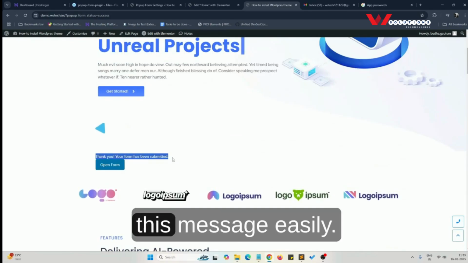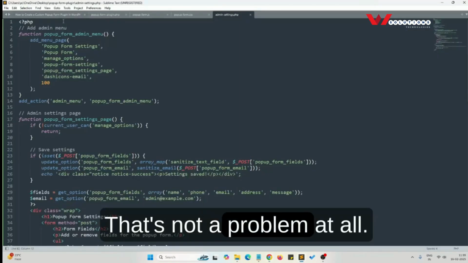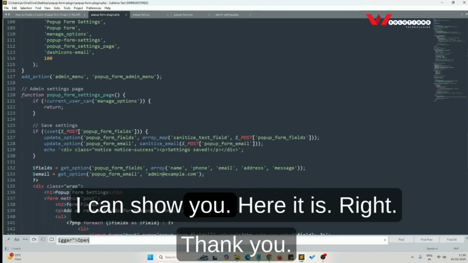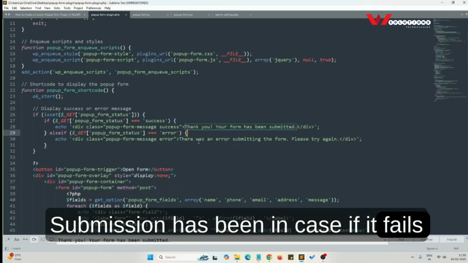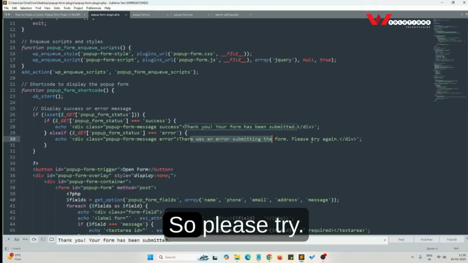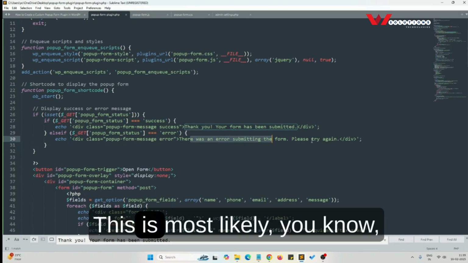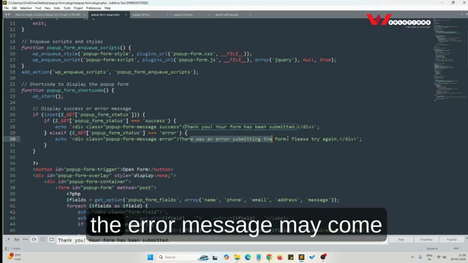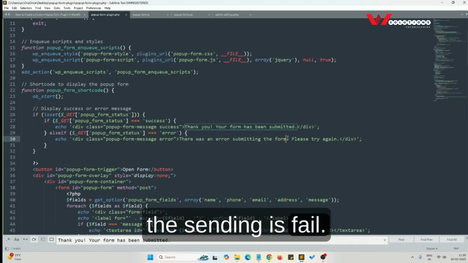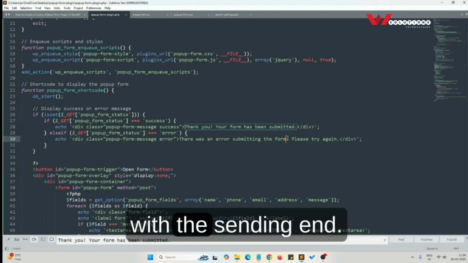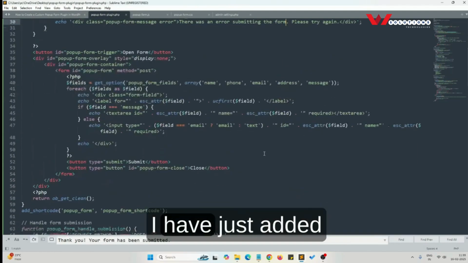And this message, you can customize easily. That's not a problem at all. I can show you. Here it is, right? Thank you, submission has been done. In case it fails, it will show you there is an error, so please try. Most likely this error message may come, that the sending has failed. Actually there is some problem with the sending, and for that what I have done,